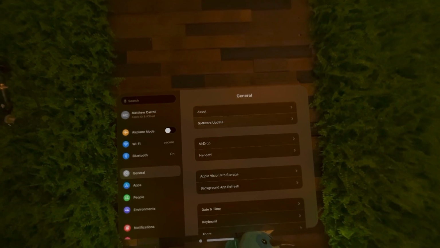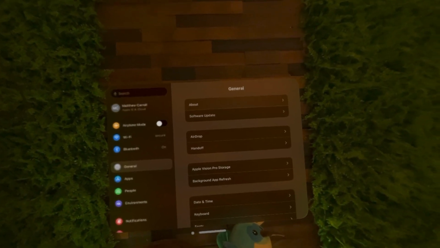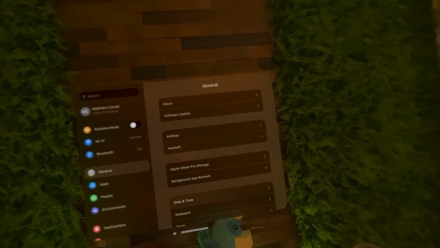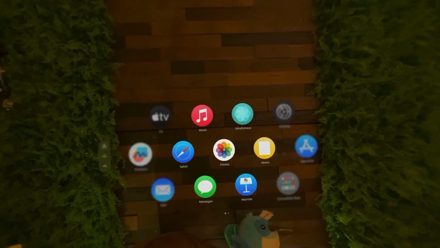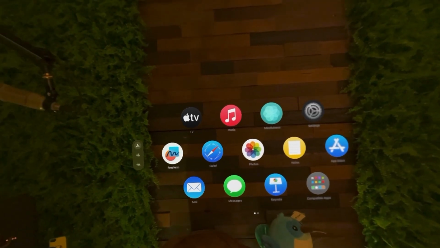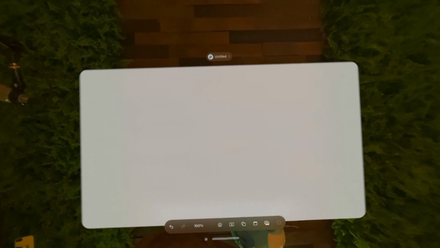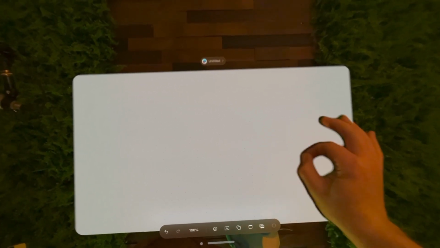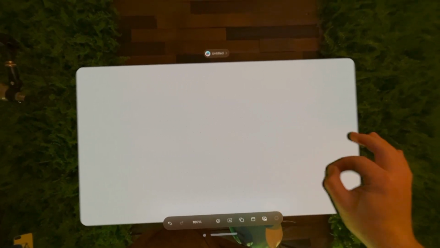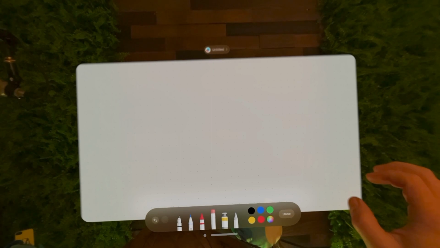Settings, what you're going to find here is your typical iPhone or iPad settings style window. Nothing crazy there. Freeform, I was playing a little bit with this. Let me pinch out here so you can see what I'm actually pinching. By default, I pinch, things drag around, but let me look down here in the toolbar and let's create a